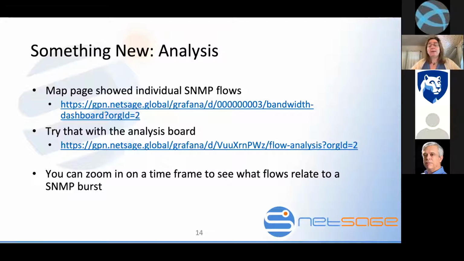One of the things we've done is we've added some analysis work. One of the questions we often got was, looking at the SNMP data, there was often a weird spike. Like, well, what does that spike mean? What's going on with that? So what we did,